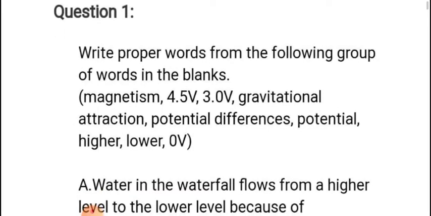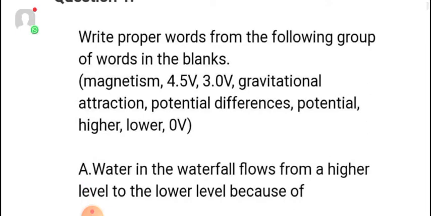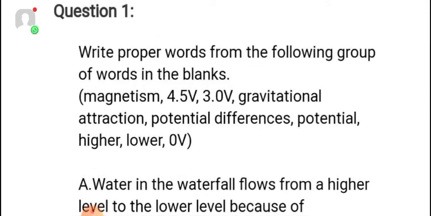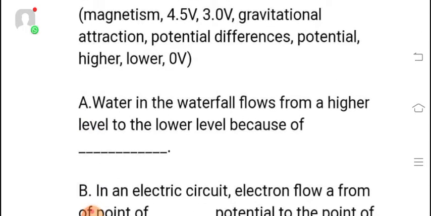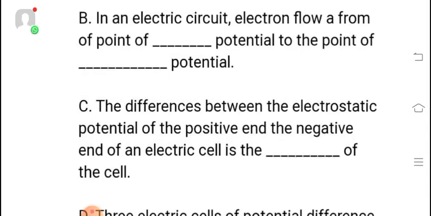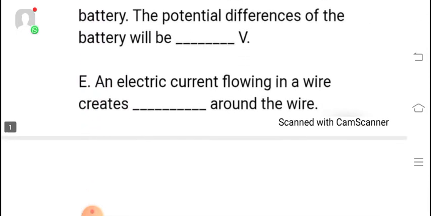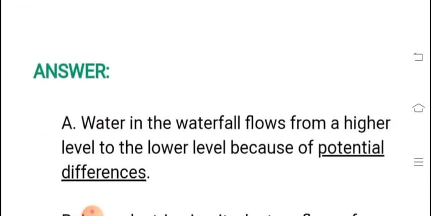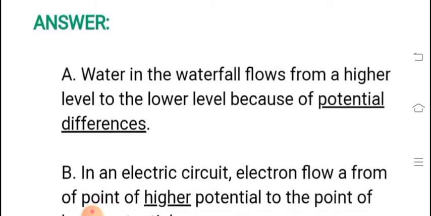Okay, so I'll go ahead with question number 1. In question number 1, you have to write the fill in the blanks type, and you have to select a proper answer from these blanks. Here are the questions as given in your exercise. You can observe here, these are the questions. Now the answers are over here.